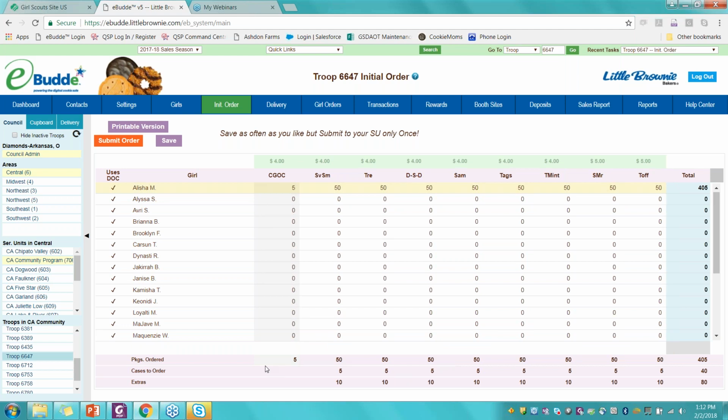Now, something to notate is that a troop order is always placed in cases. So it's going to show you how many cases are going to be ordered for your troop right here. Because she didn't order whole cases in her order, you're going to have some extras. You can utilize these cookies for your booth sales or to fill in those orders that happen in between when you submit this order and when the cookies actually arrive. We want your girls to keep selling, use those goal getter forms and any other type of girl delivery